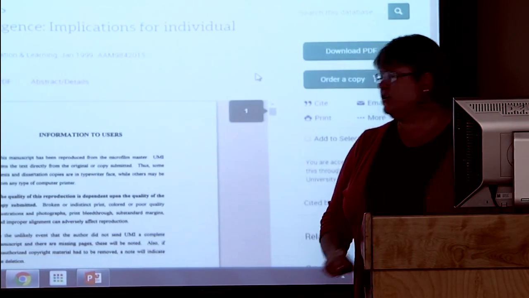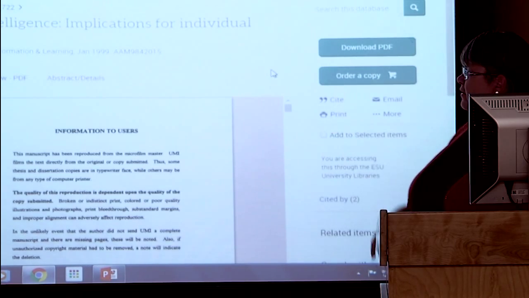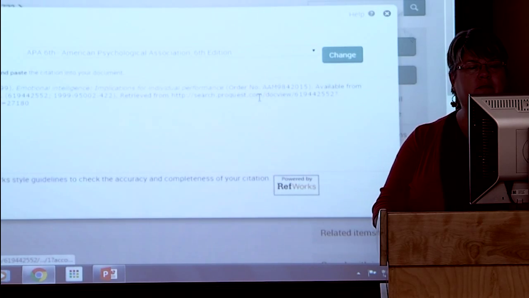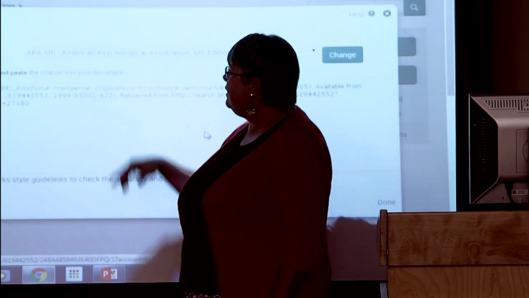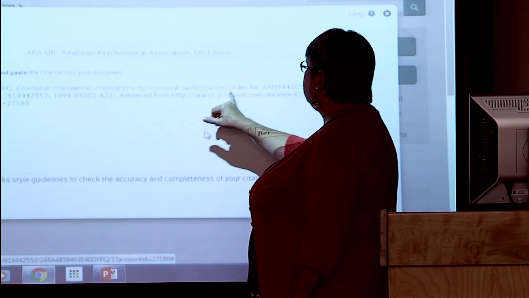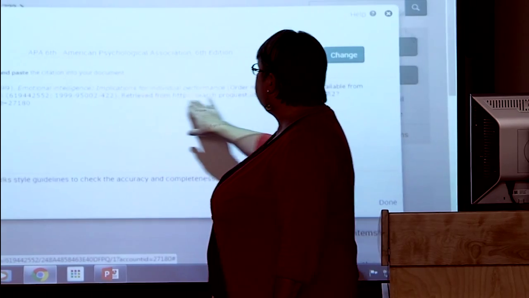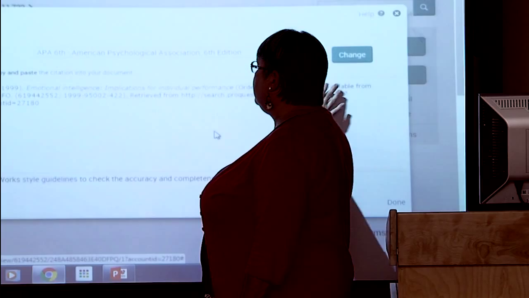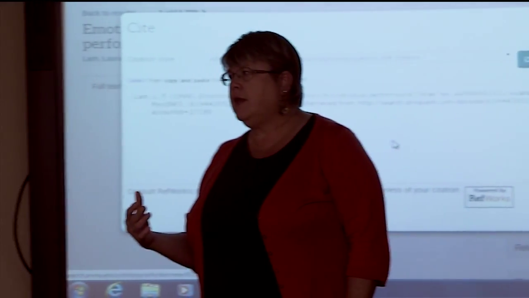And it provides the information, and over here is where the citations are. So if I click on Cite there, it brings up the citation, and it's got it in APA. Okay, this one, it does have an order number. I'm not sure you need to do that. And then it says it's available from PsycInfo, retrieved from. You don't have to put the retrieved from, and if you didn't want to, you wouldn't necessarily have to have that if you wanted to cite it as a print document.